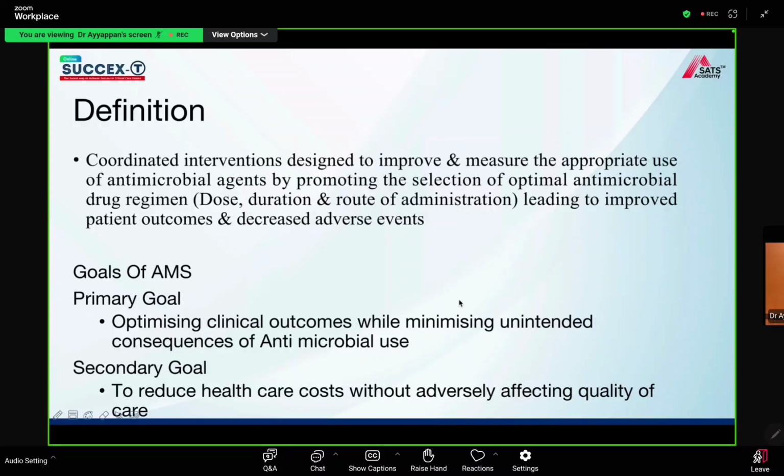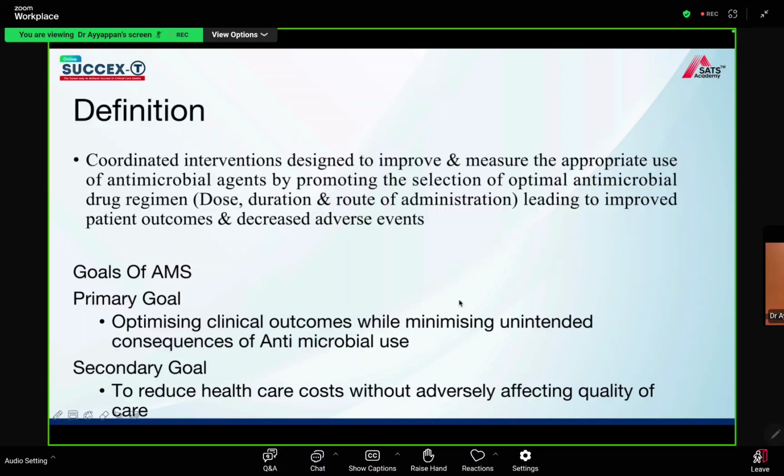with the 2012 IDSA definition, which states that antimicrobial stewardship is nothing but a coordinated group of interventions designed to improve and measure the appropriate use of antibiotics, not only in terms of selecting the appropriate antimicrobial, but to dose it and to decide on the duration as well as the route of administration, so that ultimately it leads to improved patient outcomes